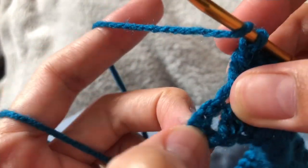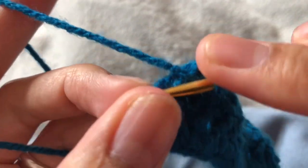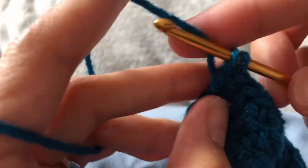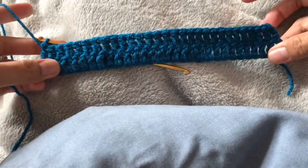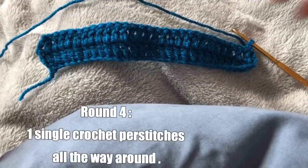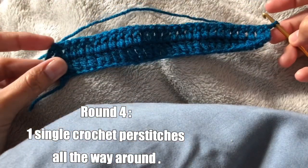29 on top of the third chain. 1, 2, 3. 29 double crochet in total. Chain 1. After you chain 1, you're going to make 1 single crochet per stitch all the way down